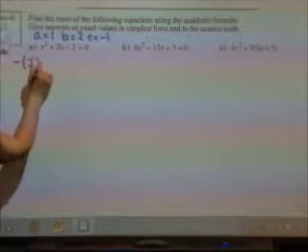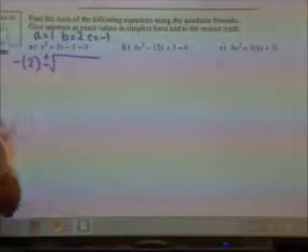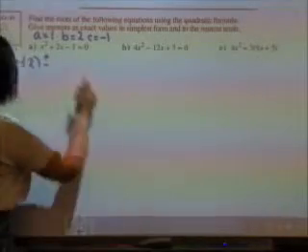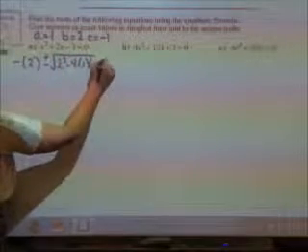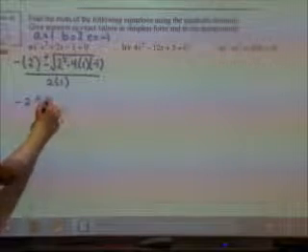So my negative b would become -2 plus or minus the square root of b squared, so 2 squared, which is 4, minus 4 times a times c. Take this and we'll go one step at a time. So 2 squared minus 4 times 1 times -1, all over 2 times a. So now I have a negative 2 plus or minus the square root of